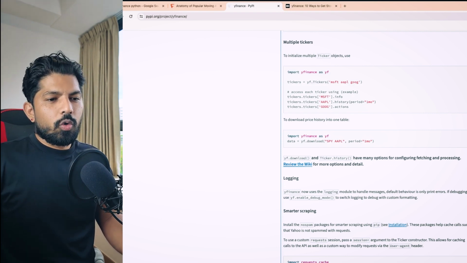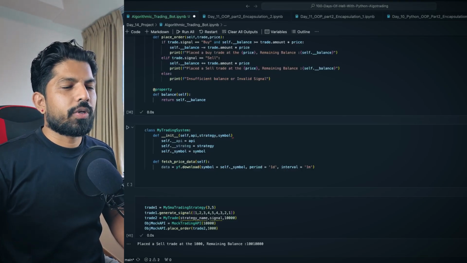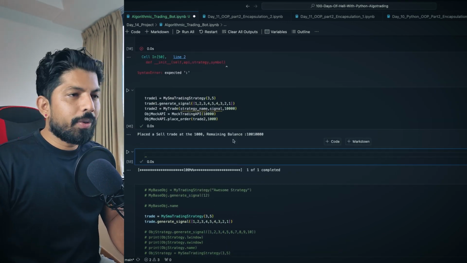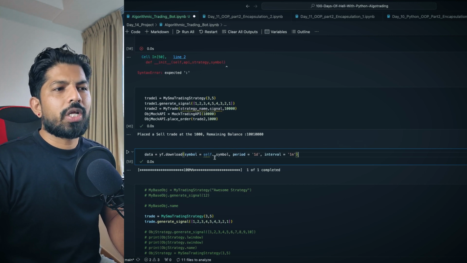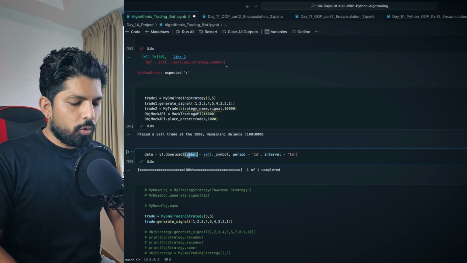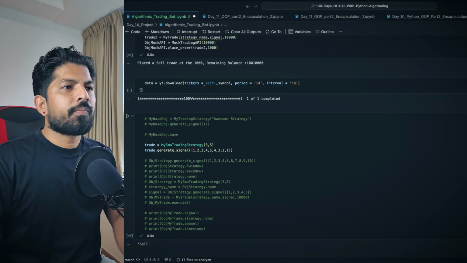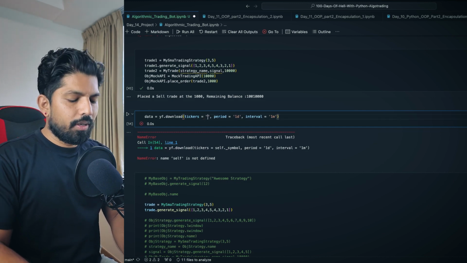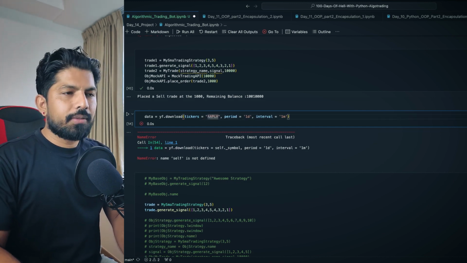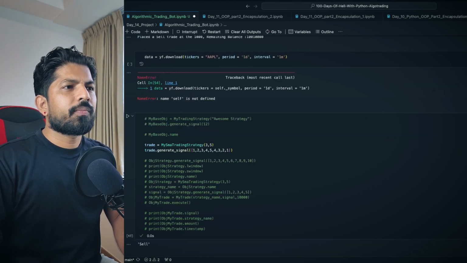So let me open the code and first quickly explain how this works. Let me quickly copy and paste this here. And here you can see that we have symbol equal to self.symbol. So actually here you have to change this to tickers. And now when you hit shift enter, for the sake of this example, we'll change it to Apple. We are directly passing the parameter here for Apple. And now when we hit shift enter, it's working.